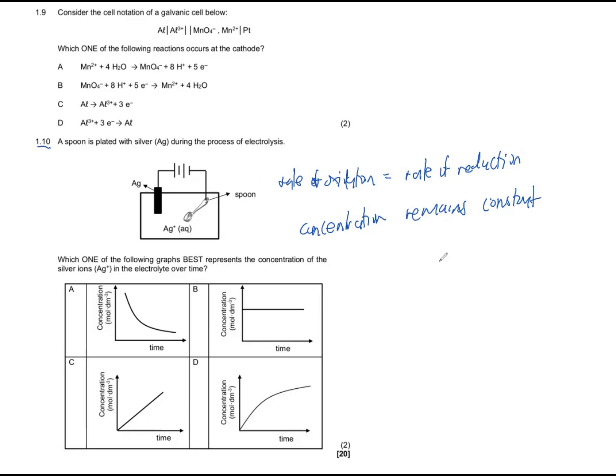So that means our correct answer there has to be what? So which graph here is representing a concentration that is remaining constant throughout the reaction? It has to be graph B, right? All of those are just, this one is representing a decrease, that one is representing an increase, this one is representing a gradual increase, right? But then the one that is representing concentration remaining the same is that. So that's how you could have went through